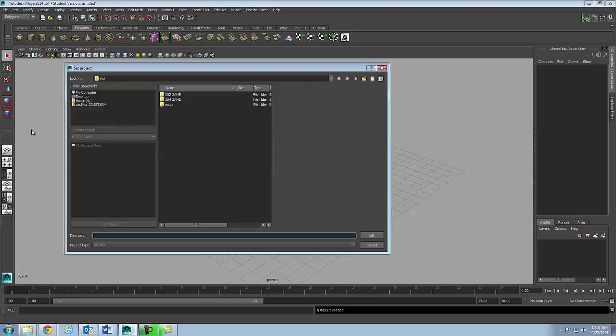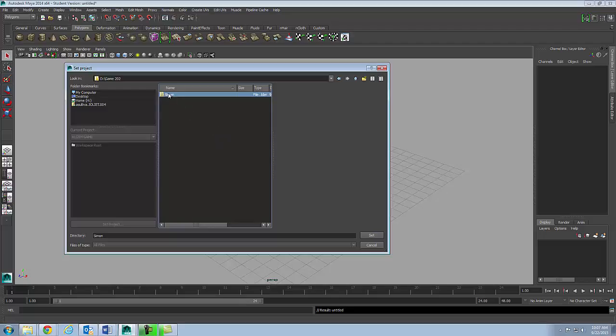The window will then open up and ask you where your project is located. So for me, my project is located over here. I'm going to double click to my D drive, double click to my Game 202 folder, and here's where the Simon project is. Sometimes students simply just click on Simon and choose Set, and that would not be enough for Maya to capture